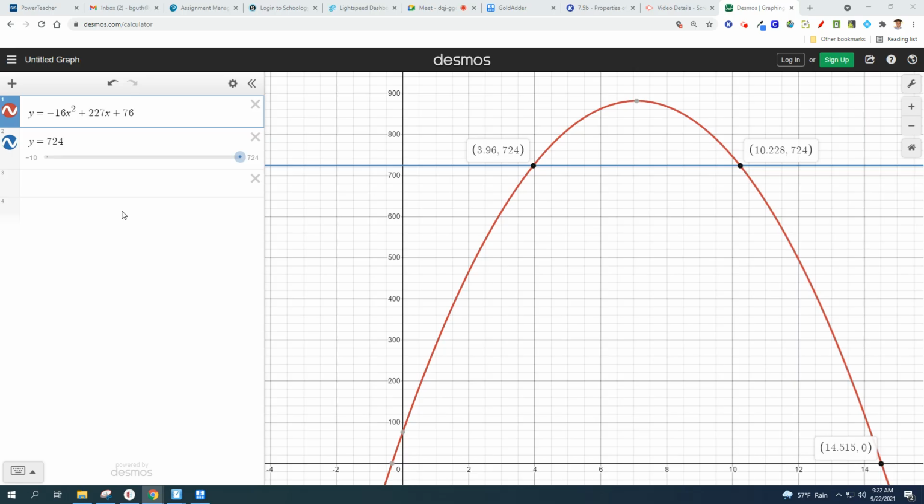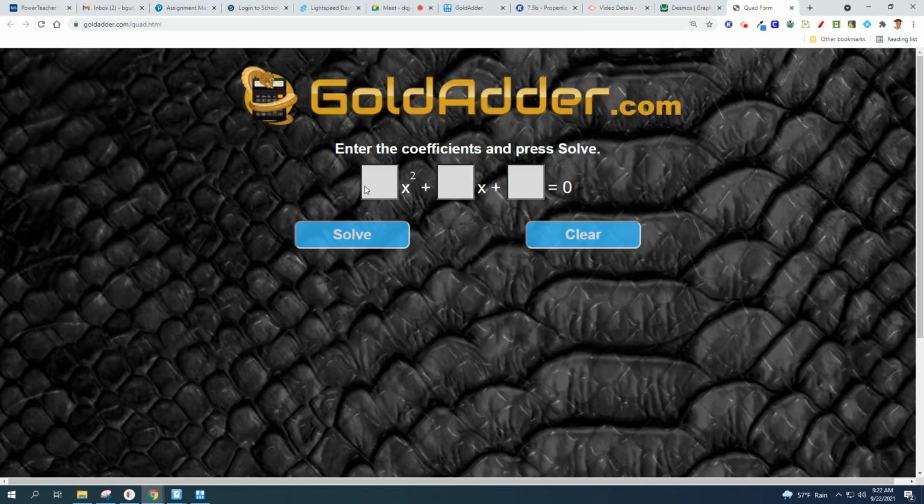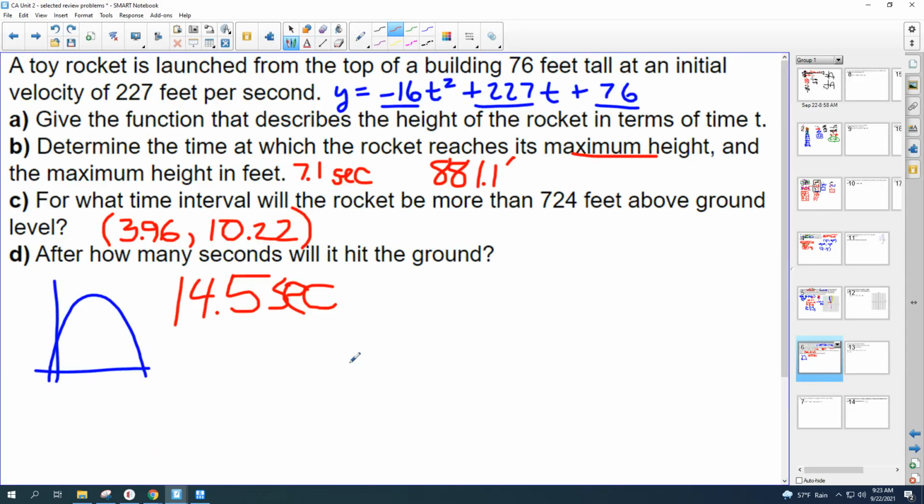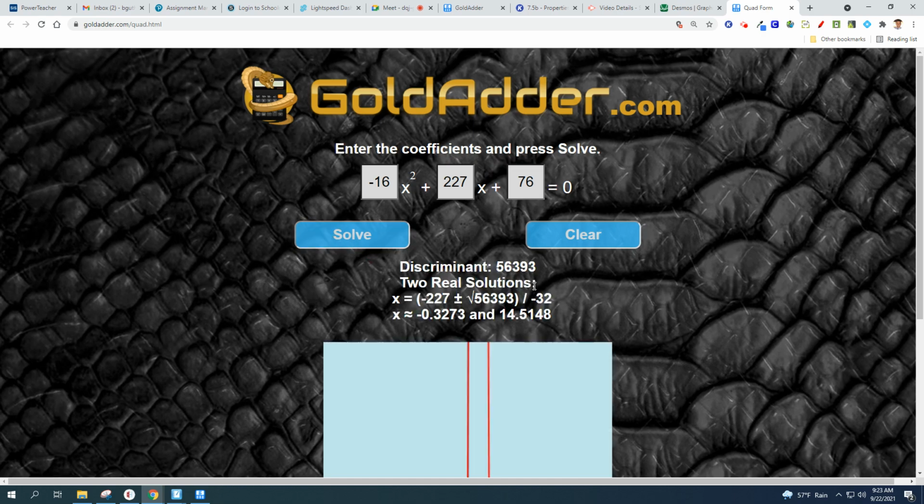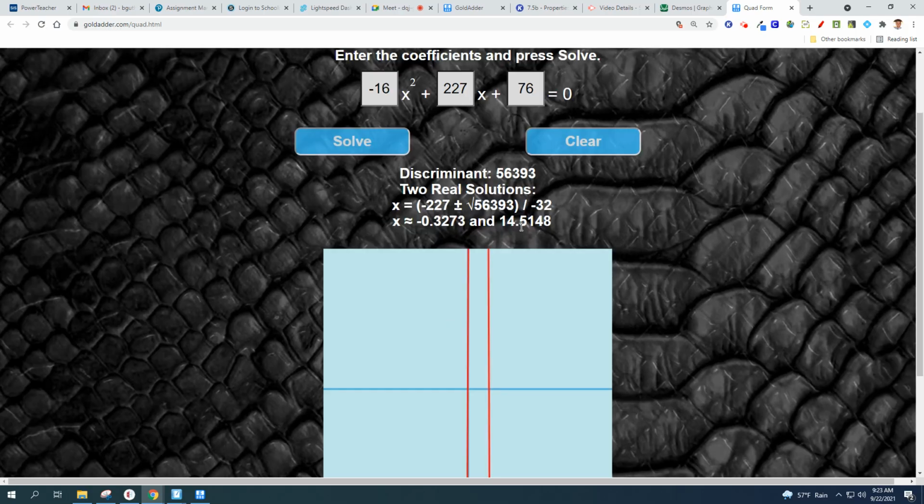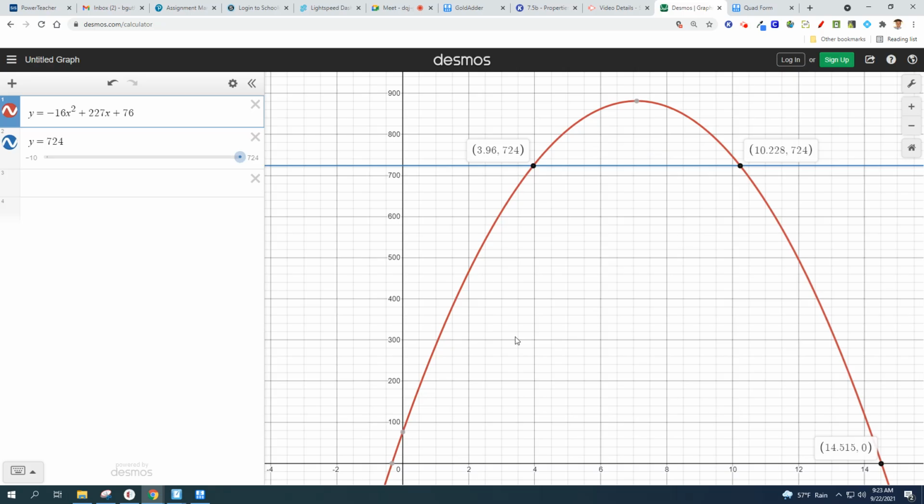I'm going to cheat a little bit here. So this was negative 16 and, shoot, I forget, 227.76. So this plugs numbers into the quadratic formula, and you get, well, there's your 14.5, right? It gives you two solutions, negative 0.32 and 14.5. If you look back at Desmos,